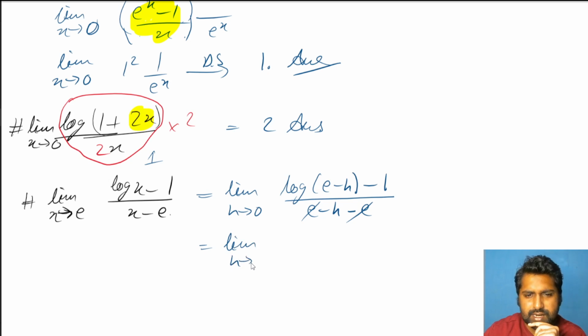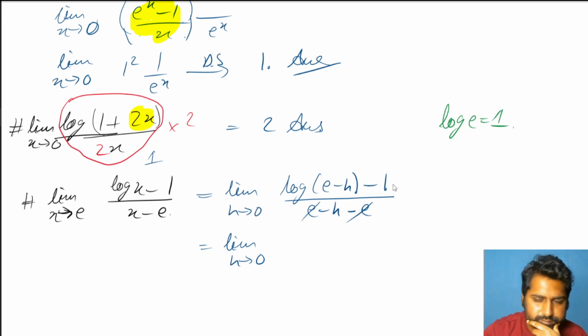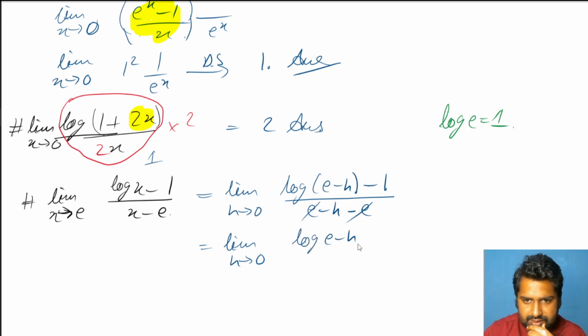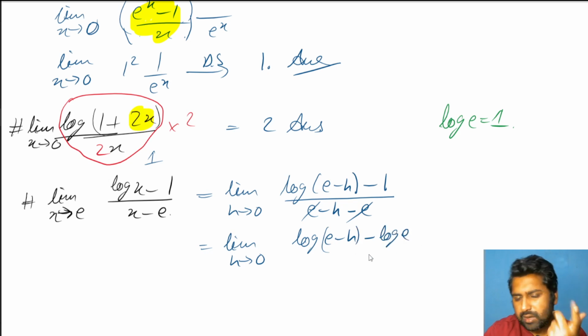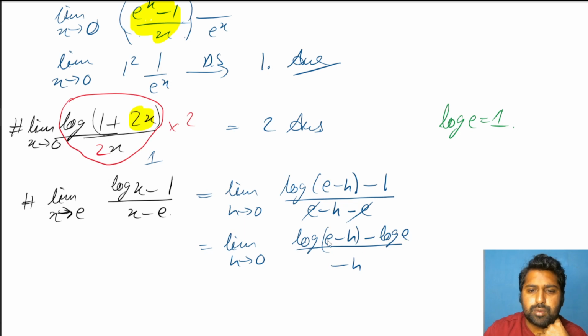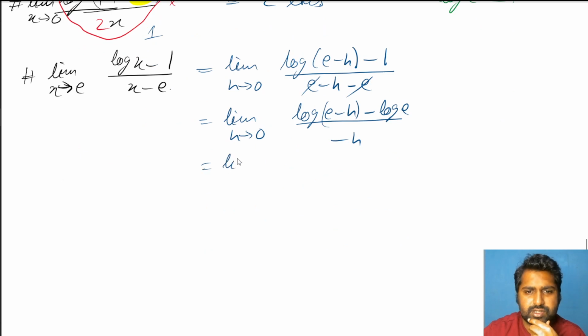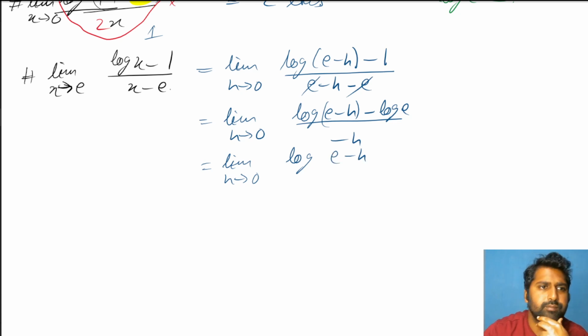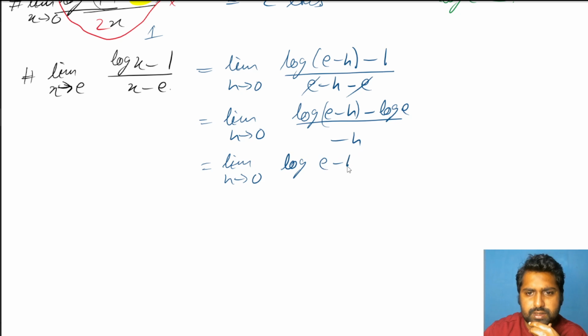This is slightly tricky because there is one concept required here which you should know. Those who have studied log slightly must know log e is 1. In maths, log e is 1. So I'll rewrite this as log of e minus h minus log e. Now why I'm doing this, you will understand in a bit. Now again, the property: log something minus log something. Whenever subtraction happens, the log goes in and the numbers go in division. We just studied the property above. So it becomes a single log of e minus h upon e,